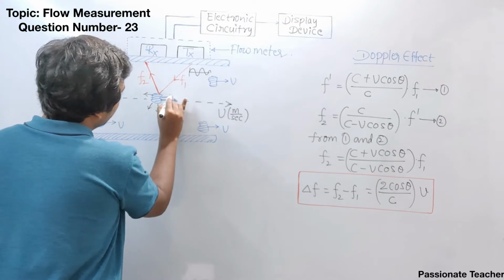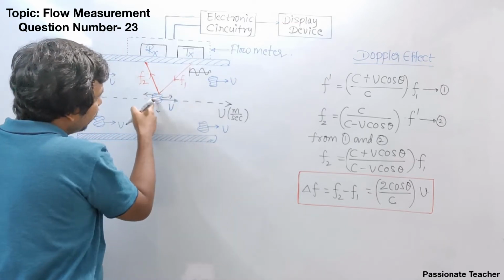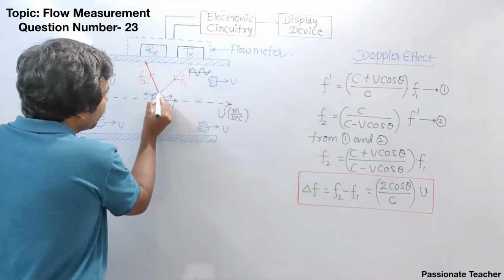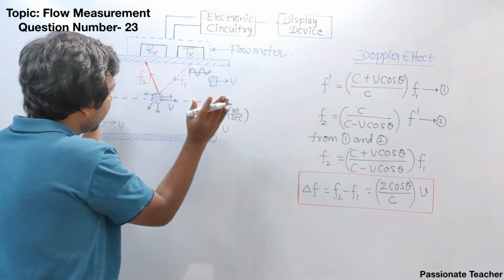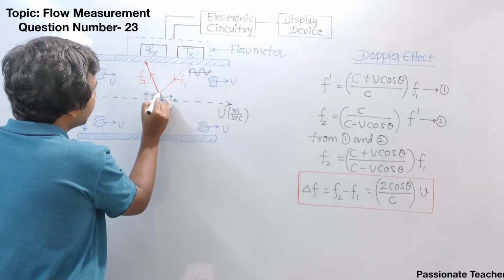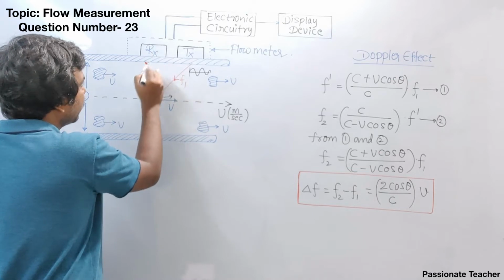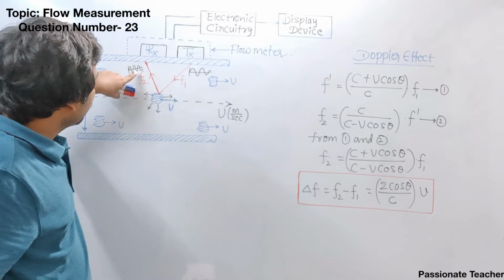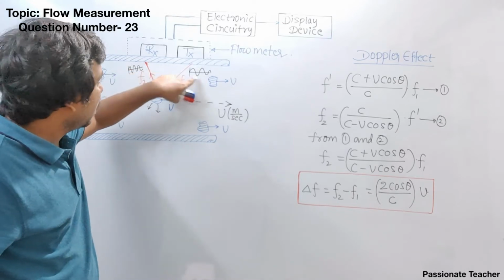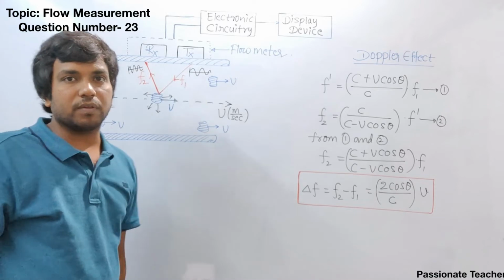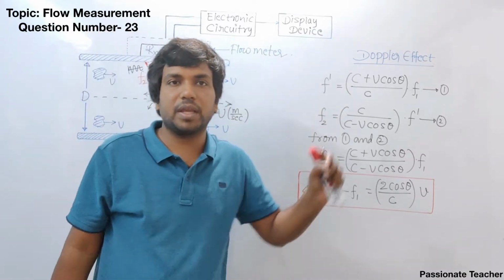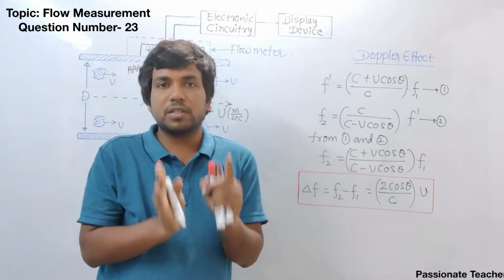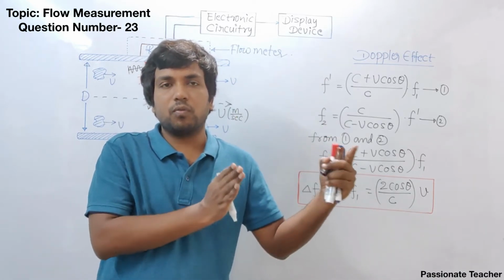Now we assumed that in this entire line we have only this suspended particle. We don't have any other suspended particle here, right? Now this will scatter in all directions, and one of the waves will transmit from here to the receiver, and the frequency of this wave will generally be different. So what we do is, we take the difference between these two frequencies, and the difference between these two frequencies is called the Doppler shift in frequency, or simply Doppler shift. Usually this Doppler shift is related to the fluid velocity.